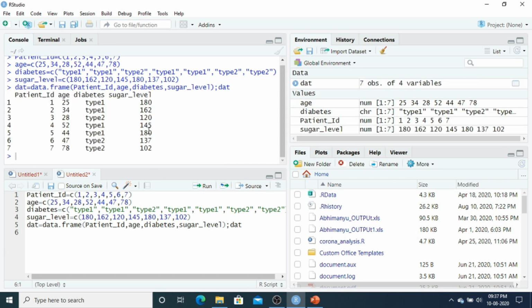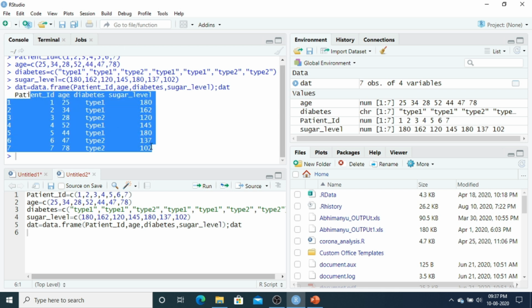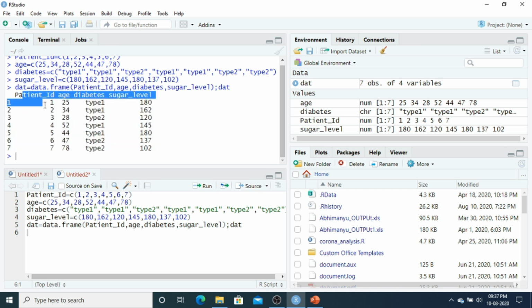Just look here. Okay, yes, it's a good way. You see, usually you get data in this rectangular form: patient ID, age, diabetes, sugar level. It looks like what you have seen in Excel or SPSS or Stata or SAS. Usually you will get data in this form to analyze or to extract information. So here dat is a data frame.